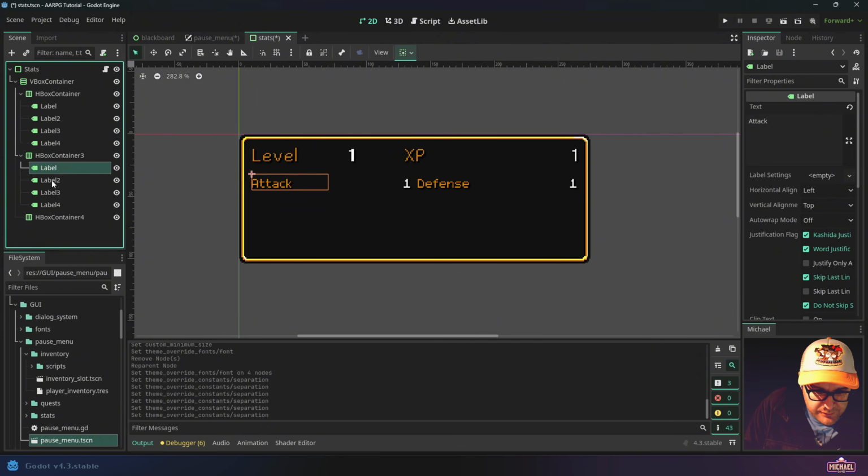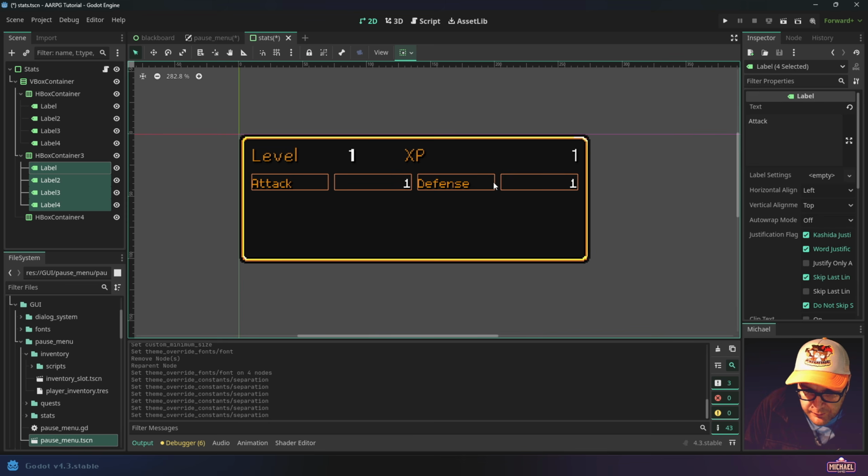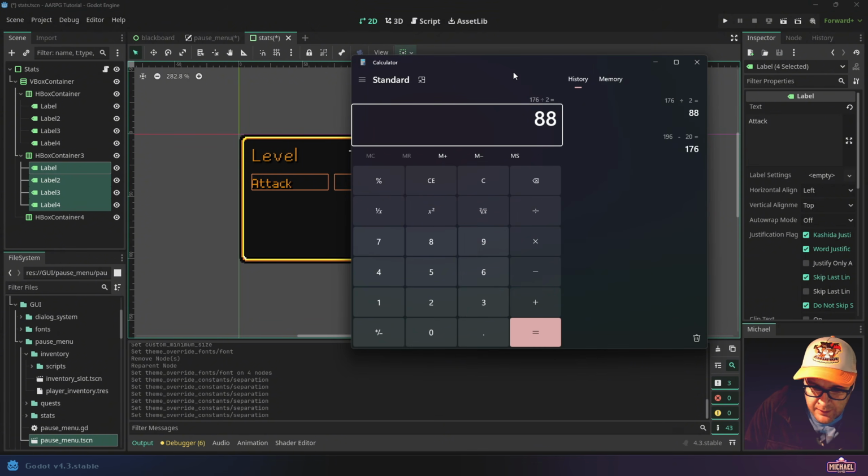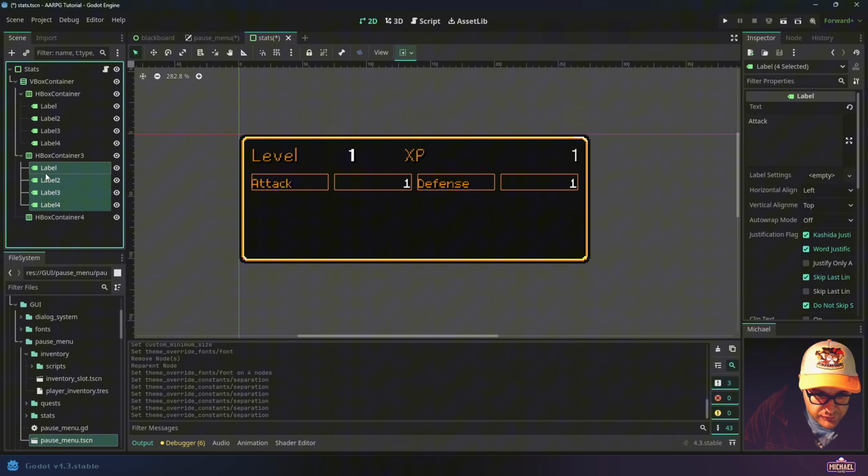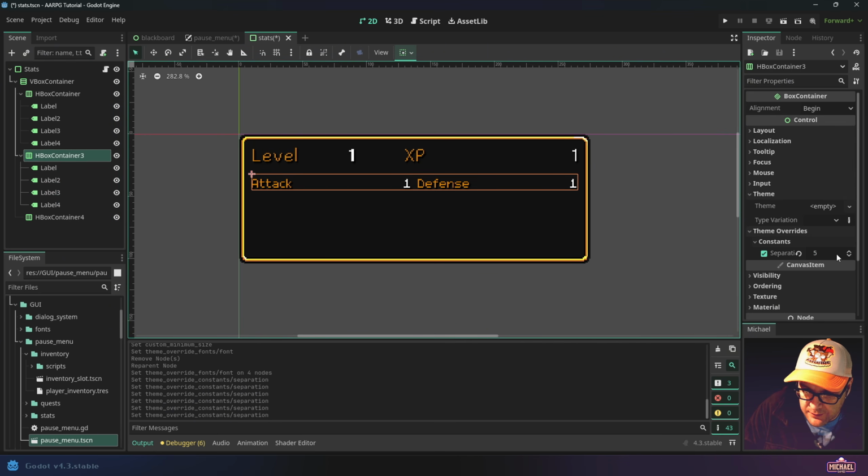Okay, so what that means is if we select these, there's 1, 2, 3 spaces of 5 pixels. So that's 15. So let's get our calculator back up. And we had 176 minus 15. Now, this is kind of an awkward number, is it? It's not going to divide by 4 evenly. What if we did 176 minus, I don't know, like 12? 164? 82? Okay, so then